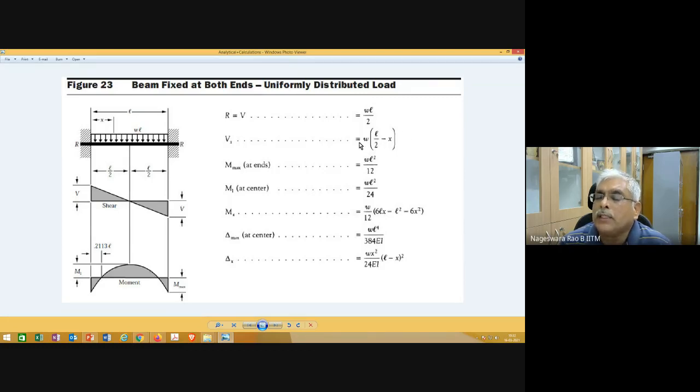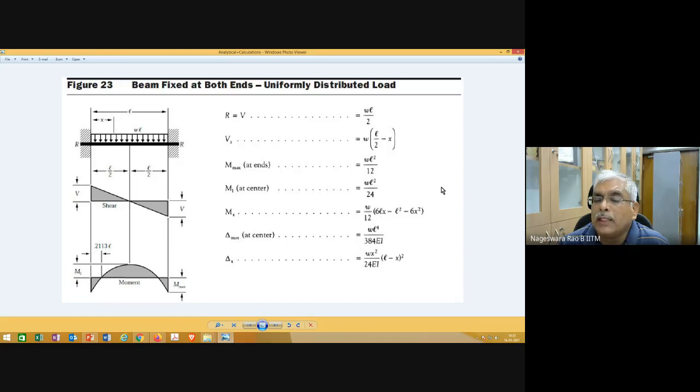Please take a note of this fixed end solution. Shear force at any point along the length of the beam is given in terms of X. I want you to take a note of it, because in our case, it's not going to be in terms of X, it's going to be in terms of S. So that's why, to understand better, you take a note of this. Shear force at any point along the length of the beam in terms of X measured from the left support is given by this.